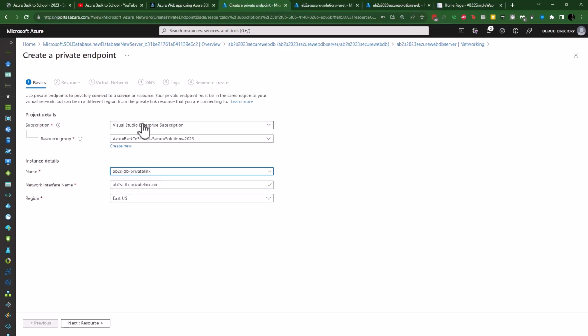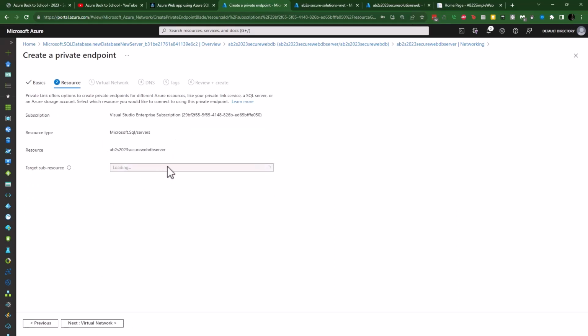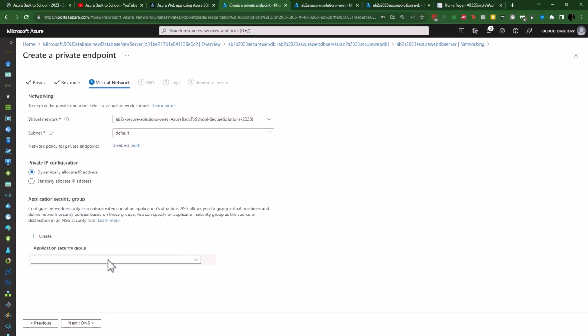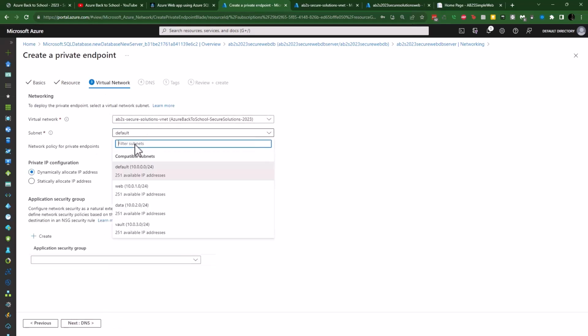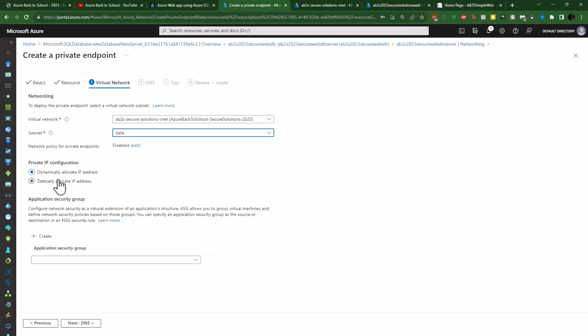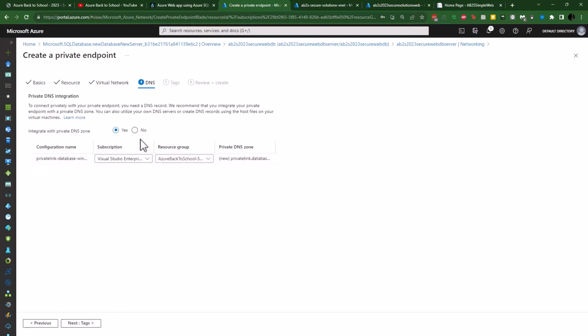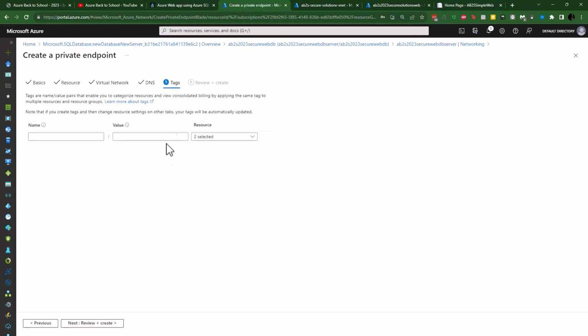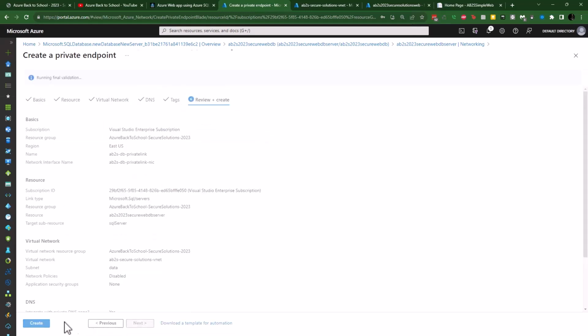So you'll see it's going to create a number of resources for this. So you might consider putting it in its own group if you wanted to try to keep them together, but this is going to be pretty straightforward. So we're going to do the SQL Server on this one. And then ultimately the virtual network we want to put this on is data. And we're going to let that be dynamic, and we're not going to use an application security group. We're going to let it pre-configure a private DNS zone, so we don't have to change anything here. And we can just go ahead and run tags, review and create,